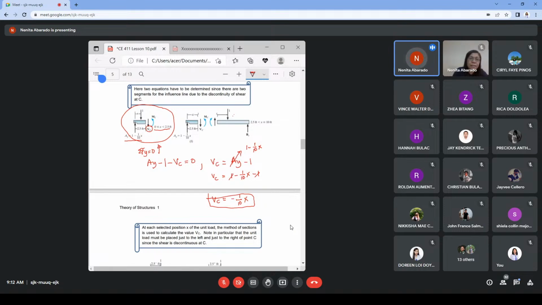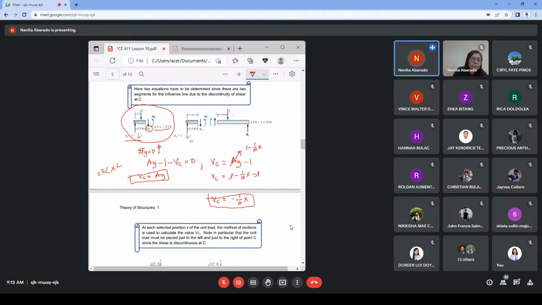So we have, but here, B sub C, the 1 will disappear. We have B sub C is equal to AY, only AY, if our x is greater